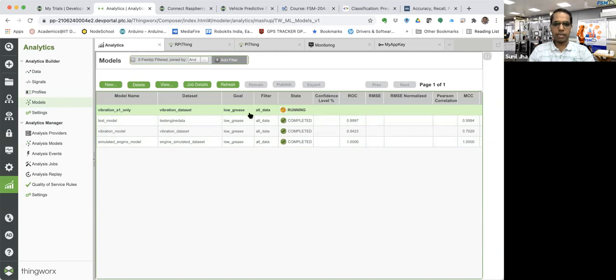So the S1 only model will be completing this. I can quickly analyze the model with S2 data and without S2 data, and I can decide, because right now we are trying to run this integration on an engine prototype. Actually, this S1, S2 data is coming from an engine prototype.